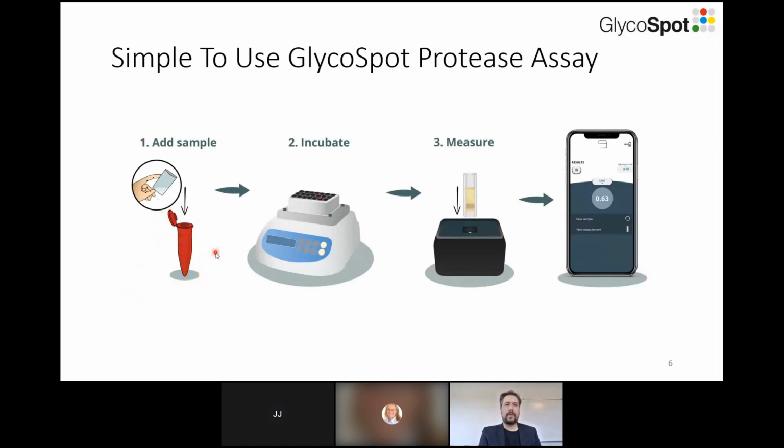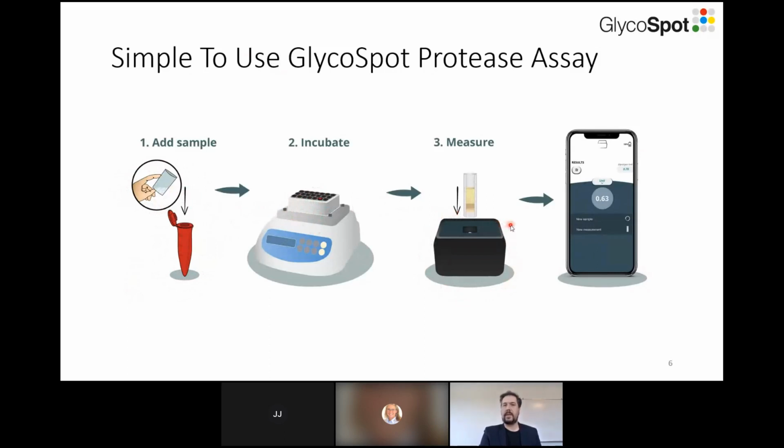All that's required by the user is to add a sample, for example, from a cleaning process. Then you incubate your sample, which contains the enzymes. You incubate the sample for 5 minutes, and then you measure in our specially designed spectrophotometer, which is a small